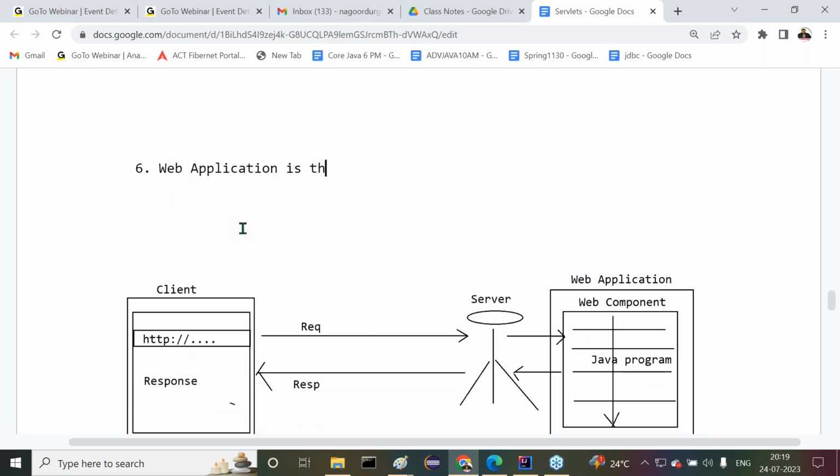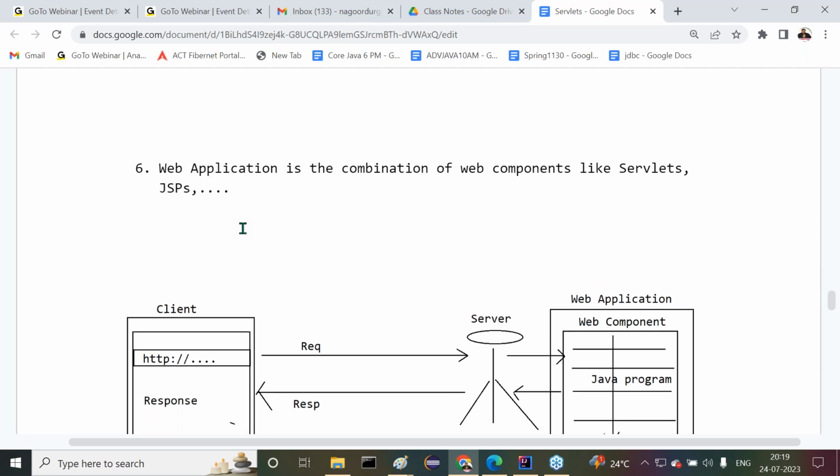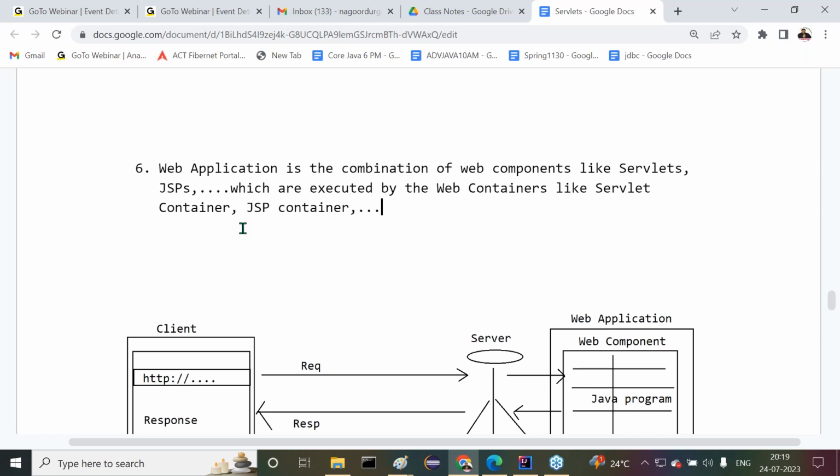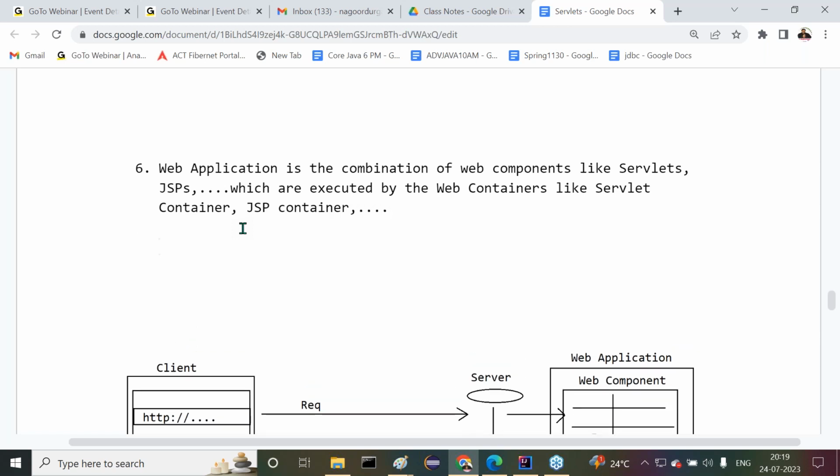A web application is the combination of web components like servlets, JSPs, and so on, which are executed by the web containers like the servlet container, JSP container, and so on. Got it or not? Next one,